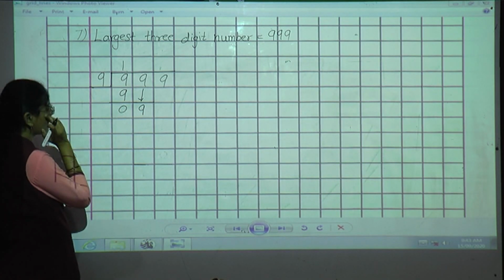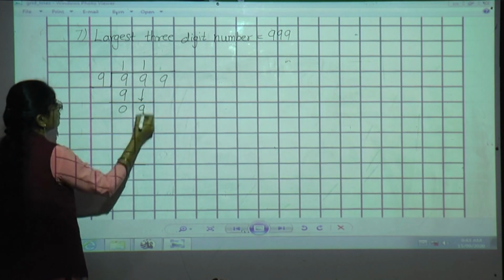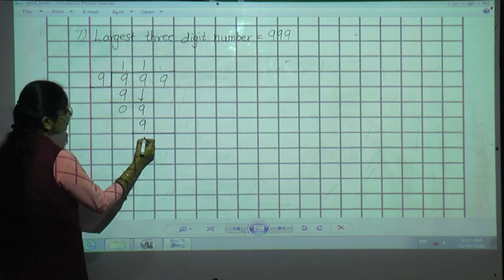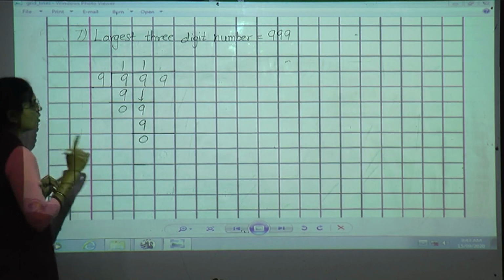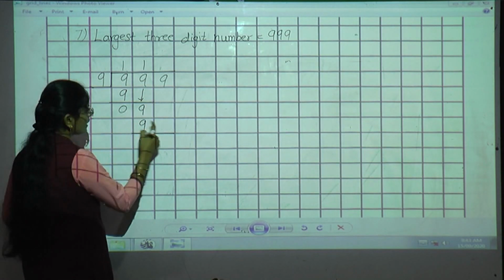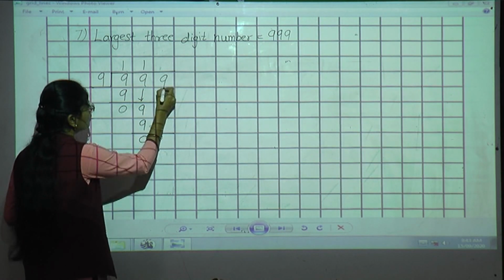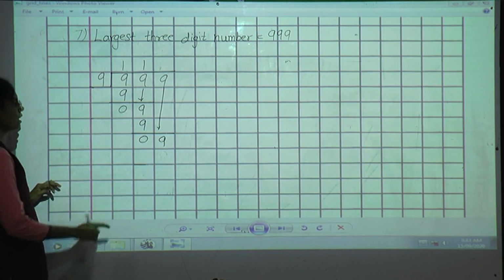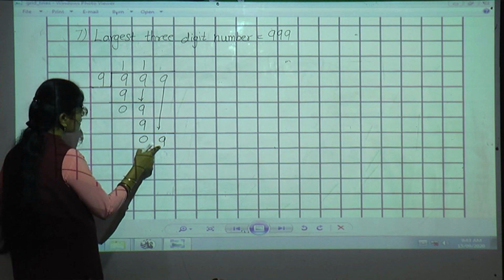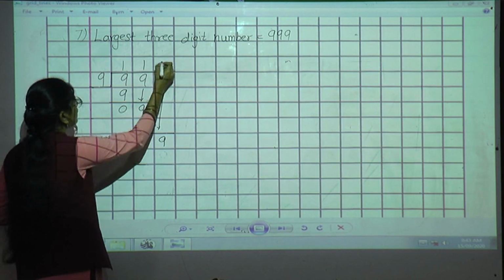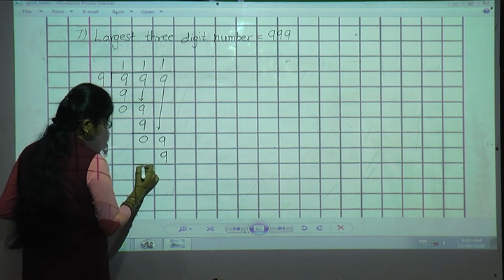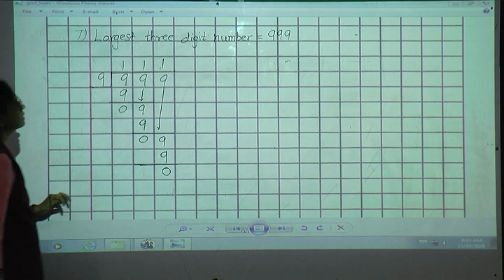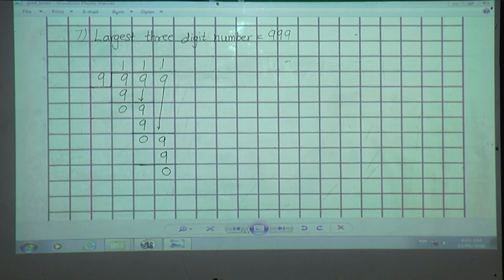So see the table of 9. Again 9 ones are 9. Then same 9 minus 9, 0. Now one more 9 is remaining, which is at 1's place. So take this 9 down. Here draw the arrow and take that 9 down here. Again 9 in the table of 9, 9 is there at first place. So 9 ones are 9. Then 9 minus 9, 0. Yes. So what answer did we get here?